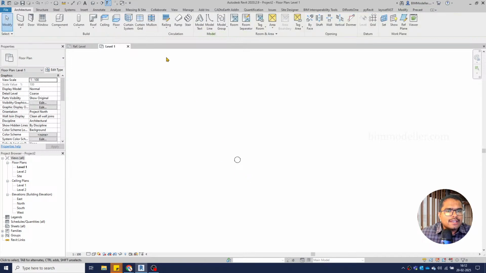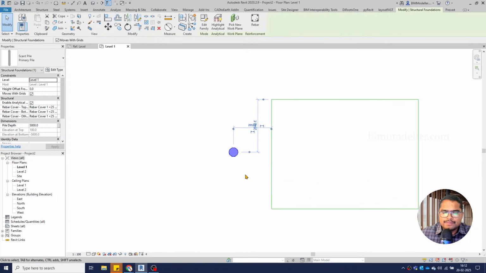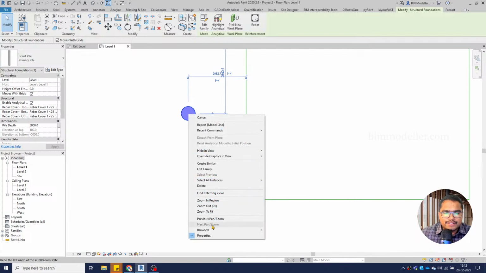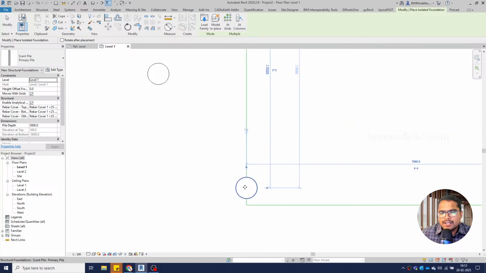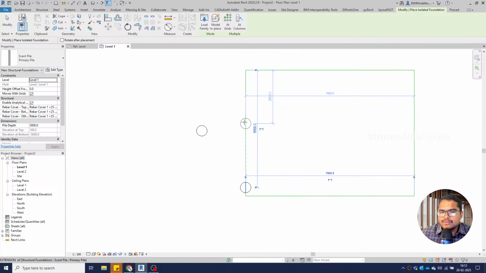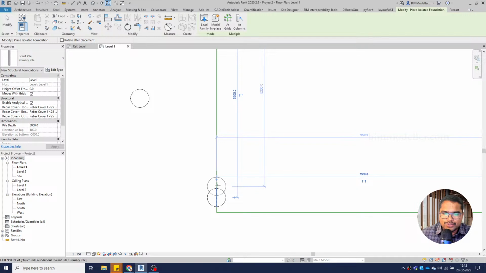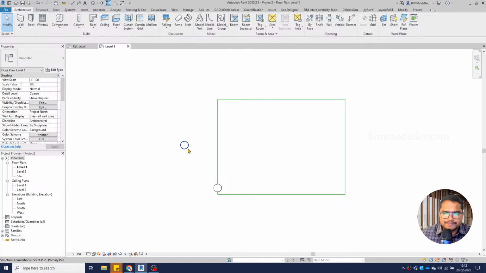Now let's say we have a boundary line. The boundary line looks something like this, and we wanted to place this pile over the boundaries like this. We can right click and say create similar. We can start placing, as you know that the primary piles will be placed first. After curing, secondary piles will be placed. You can place them in that order, but in my case I'm going to place them like this, overlapping with each other,